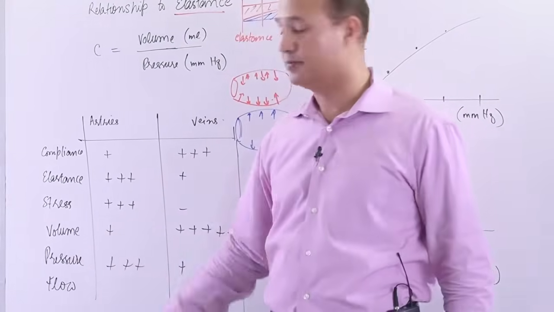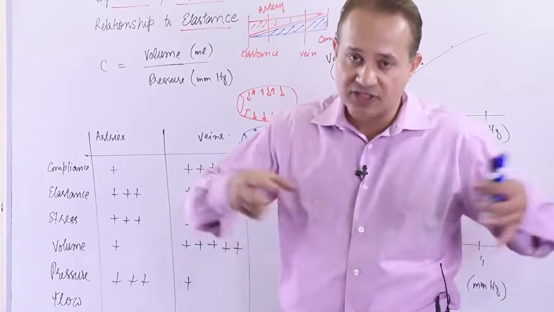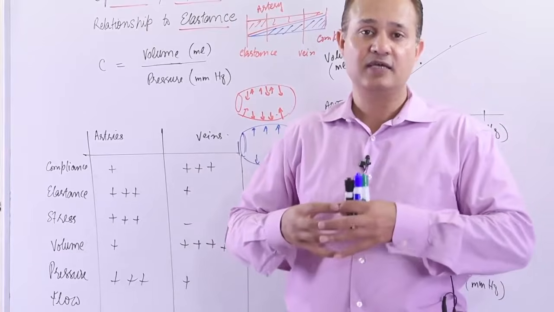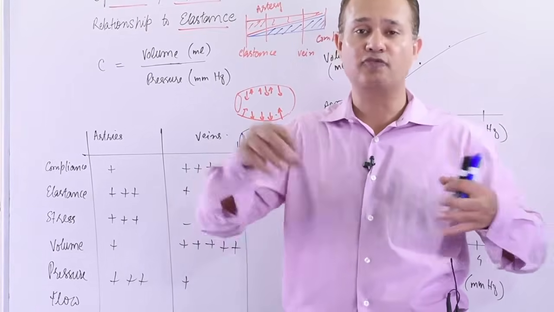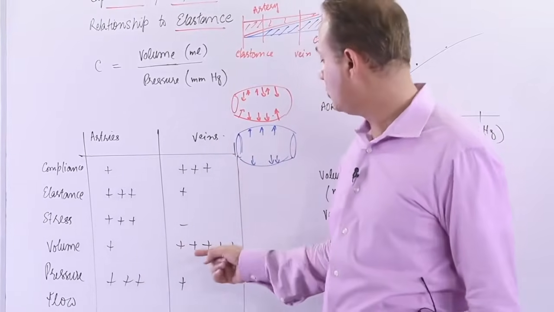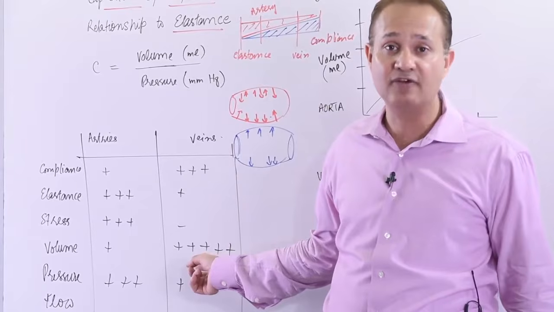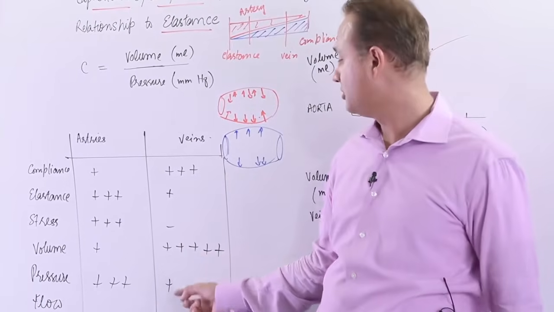How about the volume? In the arterial system, you cannot put a lot of volume because the arteries are pushing on the blood in them and trying to get it out. Veins have high capacitance, high compliance. So they just stretch. You add more volume in them, they stretch. So veins are containing 2/3 of the blood volume. They are the reservoir of the blood. 2/3 of the blood sits in them.